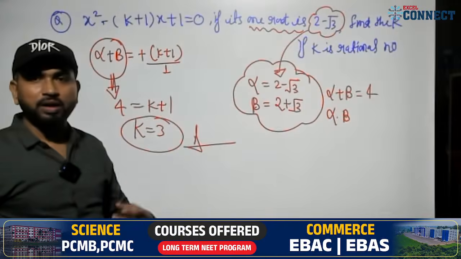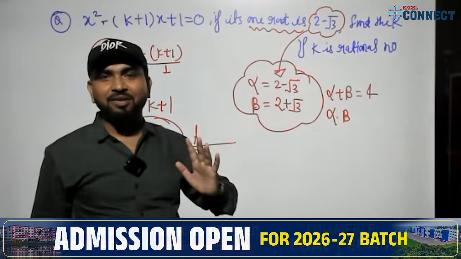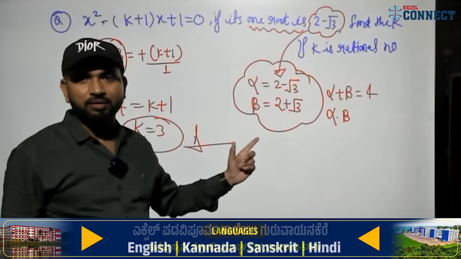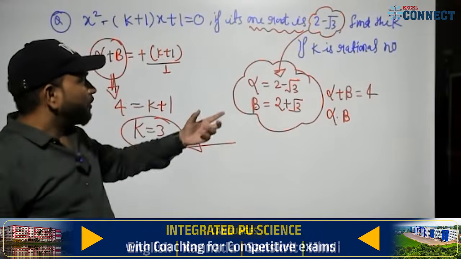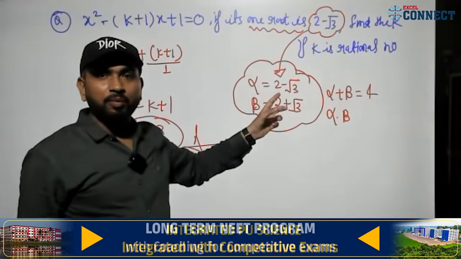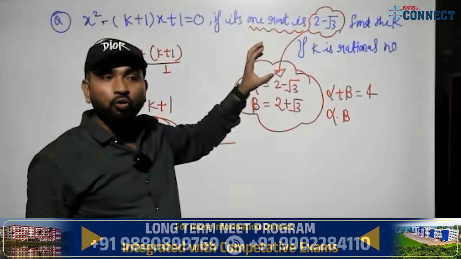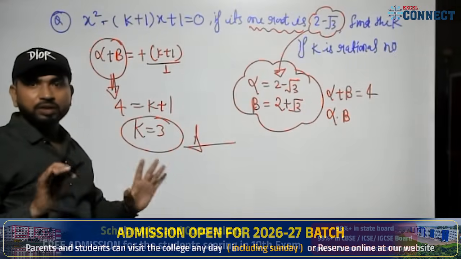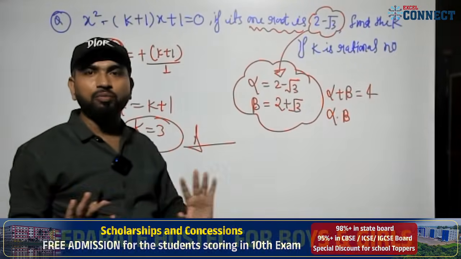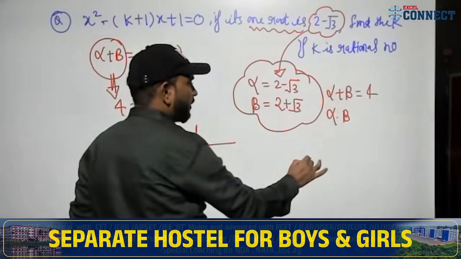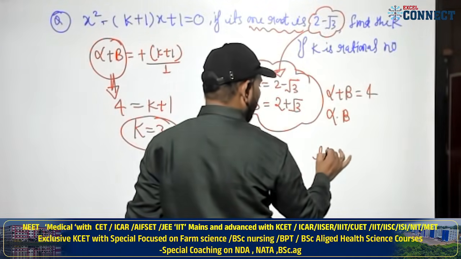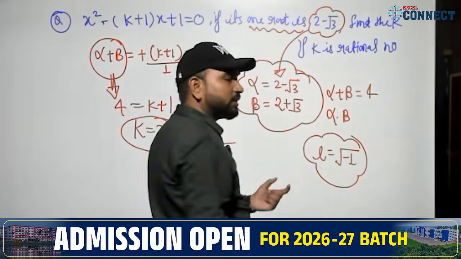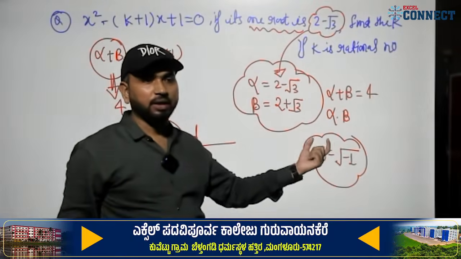Iota is nothing but minus 1. No, iota is not minus 1. I will discuss it in detail, don't worry about that. Is this clear? They are giving only one root, and with the help of our concept I can find both roots. Up to here clear? Iota is not equal to 1, iota is not equal to minus 1. Actually, I will take a full class on iota. Iota is equal to under root of minus 1; this is taken for defining the root of minus 1.